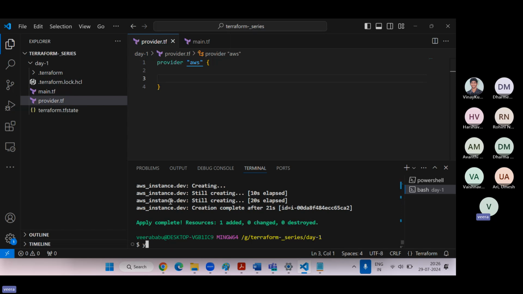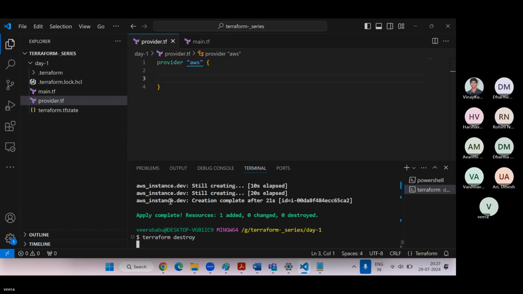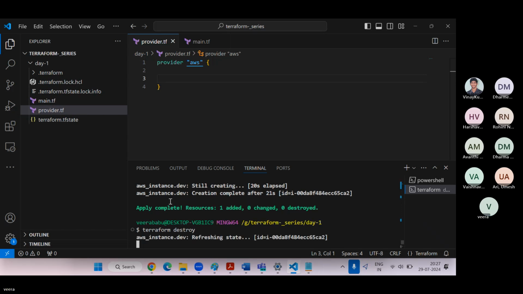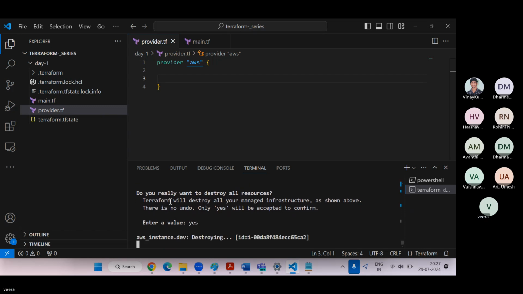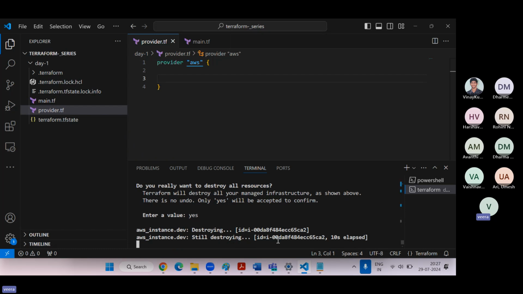So if you want to destroy, Terraform destroy. If you give the destroy command, the instance is going to be deleted. Yes. Destroying one instance.